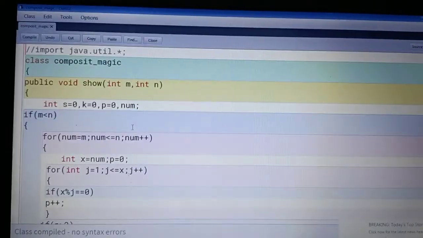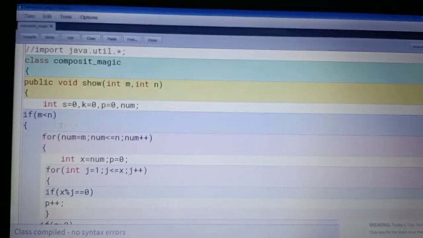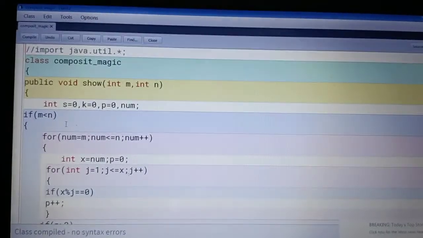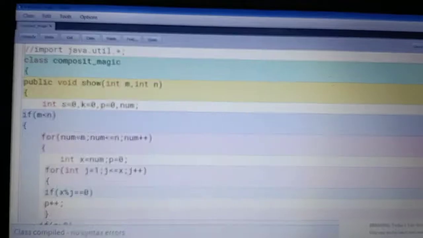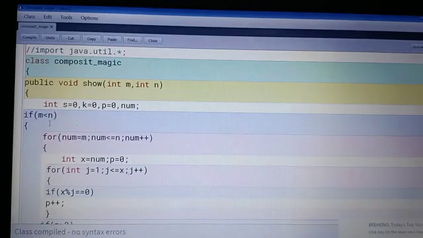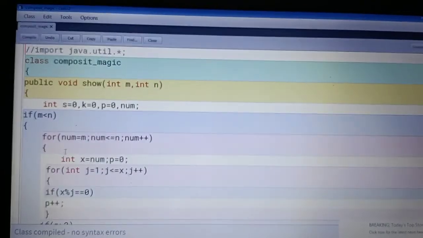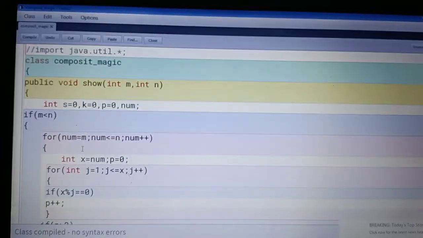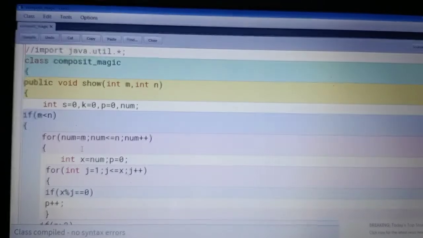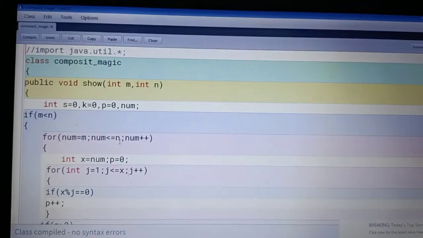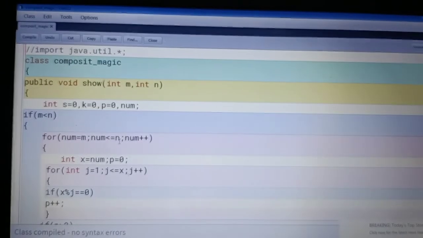The given condition in the question is that m is less than n. So here I am putting a condition, if m is less than n. If this condition is fulfilled, then control comes inside. Here I am taking num equals m, the starting range, and num is less than n, the ending range.